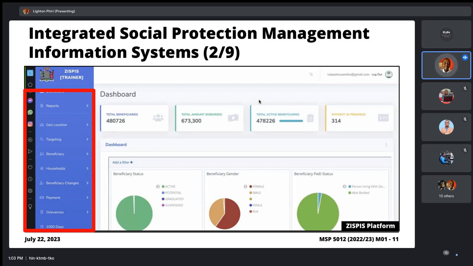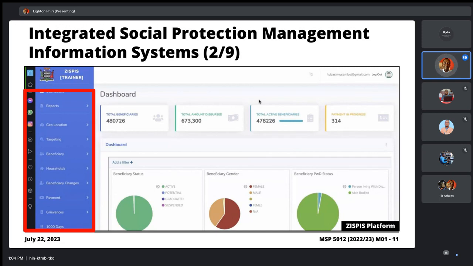I'll ask you a simple question. If you work with these sorts of systems, how easy is it for you to generate a report to say, these are suspicious accounts, we suspect that these beneficiaries are not supposed to be there? Well, if it requires a lot of effort, you can build a machine learning model that will predict, using a number of features, that we suspect this beneficiary is suspicious. We'll use the word ghost beneficiary.